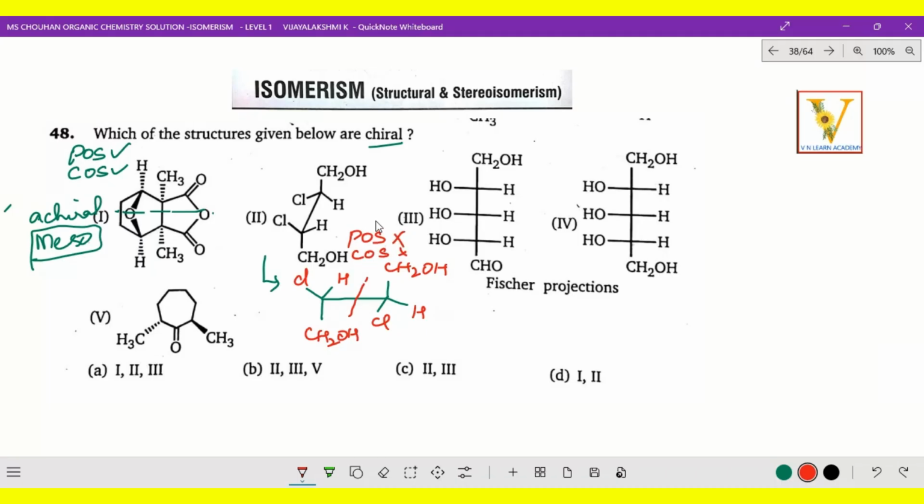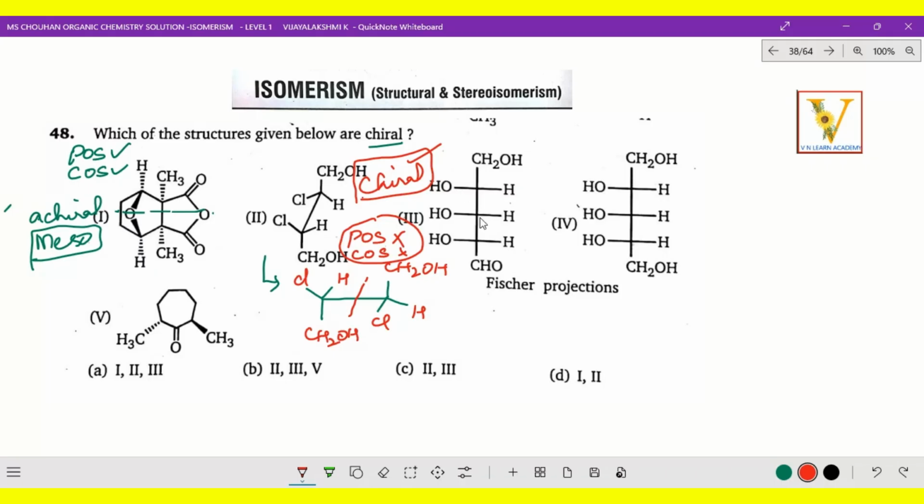POS, COS absent means what? Chiral molecule. That is what we want, right? We want to identify the chiral molecule. So this is a chiral molecule, and it has RS configuration. In that position, it is chiral, optically active, with non-superimposable mirror images. So all these points are applicable. Yes, it can rotate PPL, plane polarized light. Okay, so the second compound, yes, it's chiral.